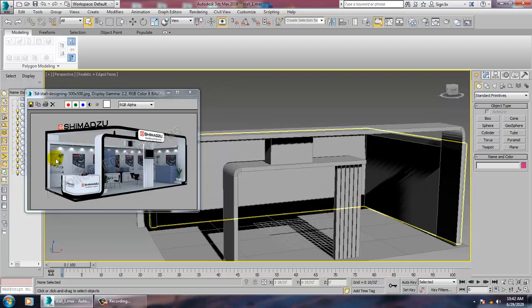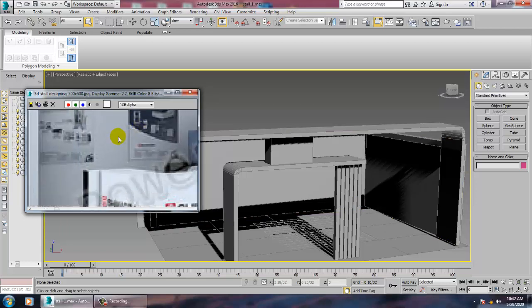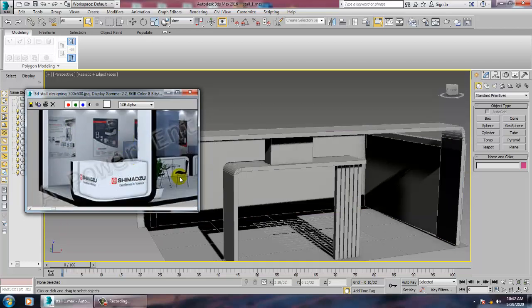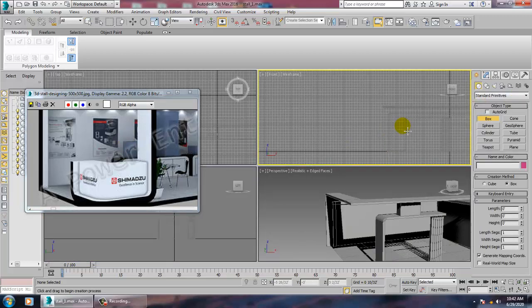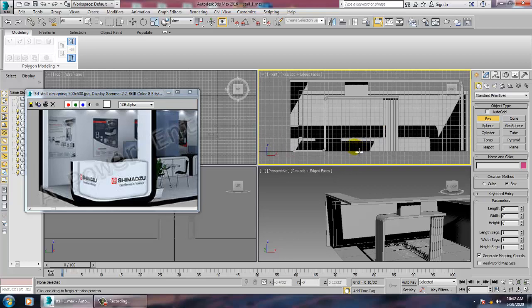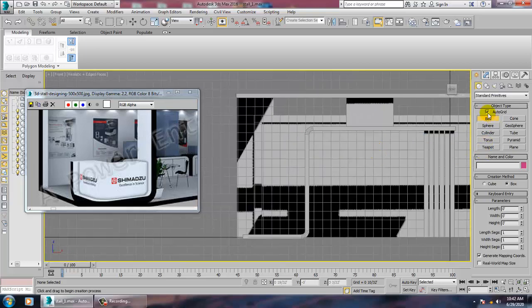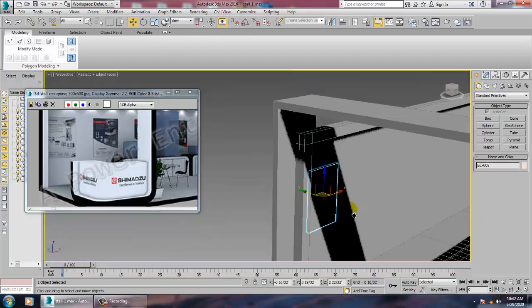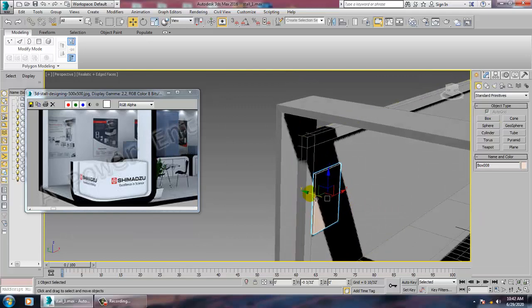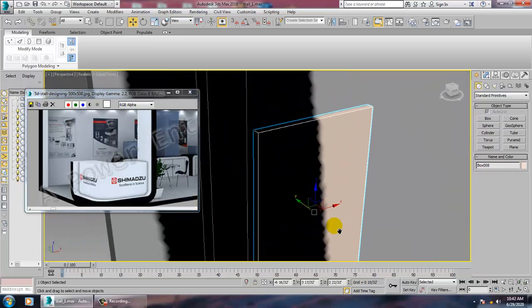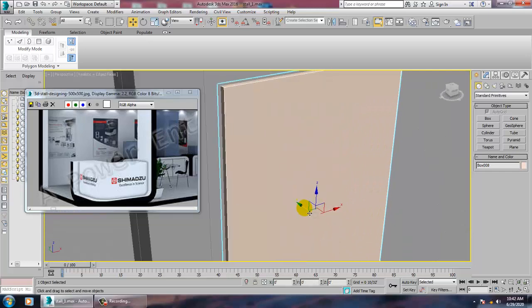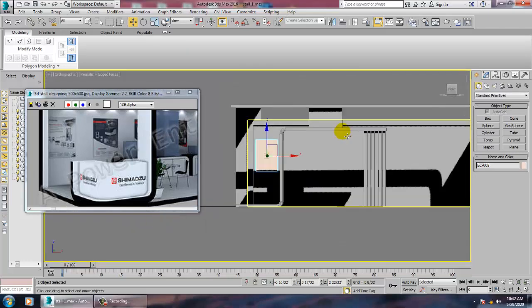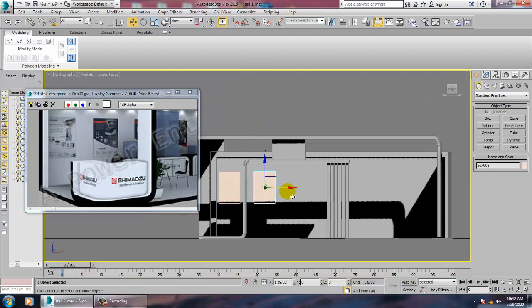So now what I'm going to create over here is these posters. For that I'll be taking a box over here. I can go into this front view and activate this auto grid option, and we can just push that out over here. So let's go into this view and let's make a